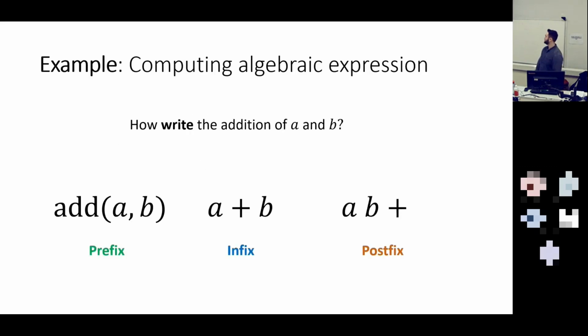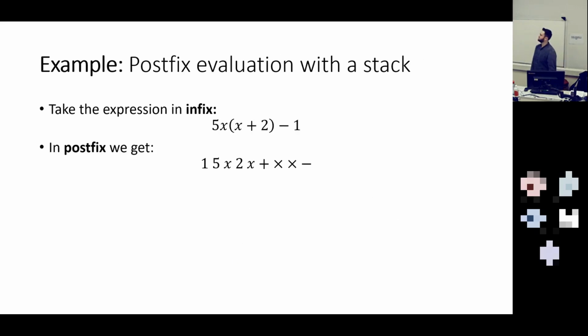I should say that this operator takes 2 arguments, so it acts on the 2 to the left of it. So you can have longer expressions as well. So if we take the expression 5x times (x + 2) in brackets minus 1, we can write it out